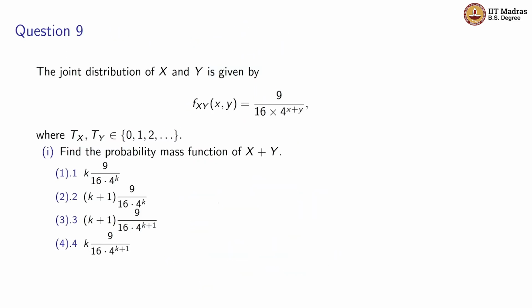Now coming to question number 9. In question number 9, the joint distribution of x and y is given to us, and the range of x and y is integer values from 0 to infinity, and we have to find the probability mass function of x plus y. So the joint PMF of x and y is